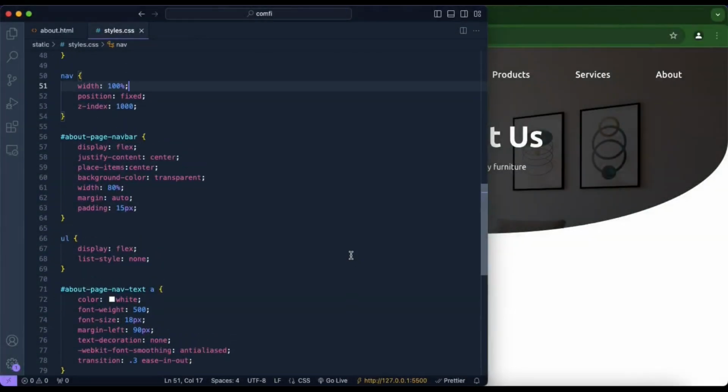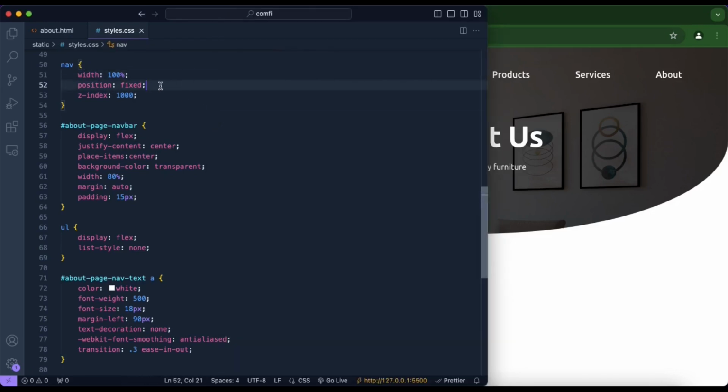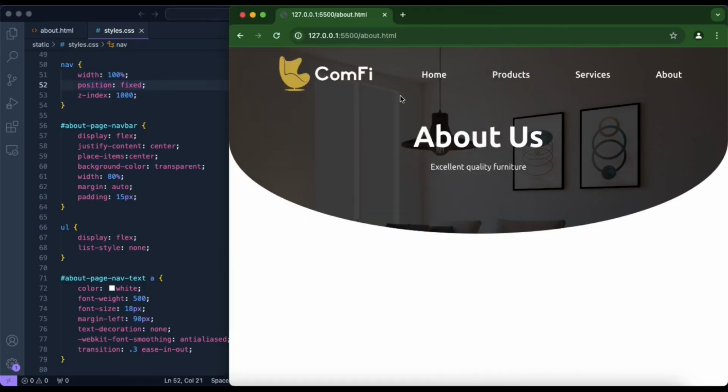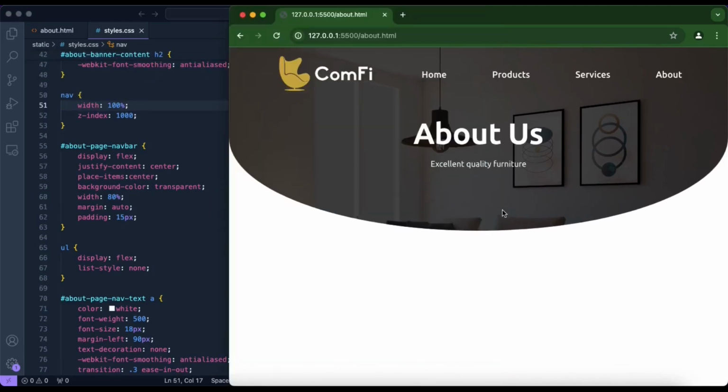Alright, so when we scroll up, we have done designing everything in the nav element. So to explain, starting with the nav element, we have kept the nav element with the full width of the screen, so it takes up the full length of the screen. We have also kept the nav element to a fixed position, so even while we're scrolling down, the navigation bar will stay the same. So for example, if we remove that, and if we